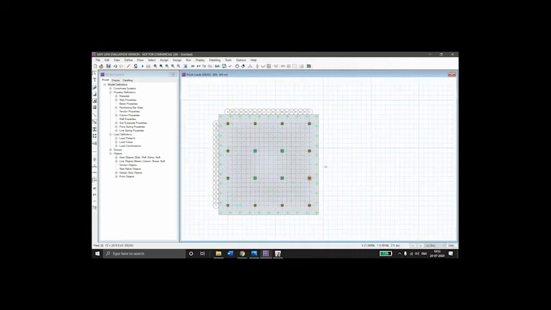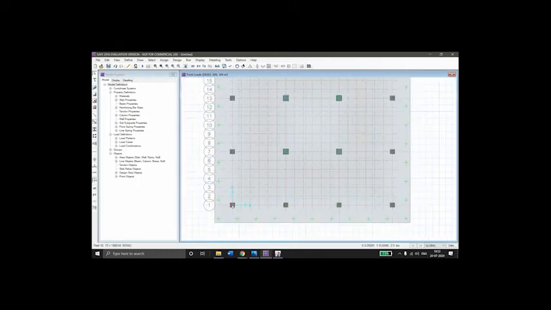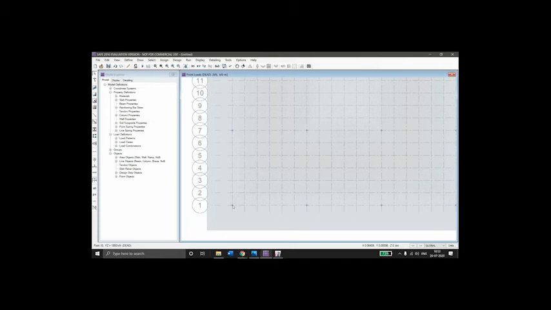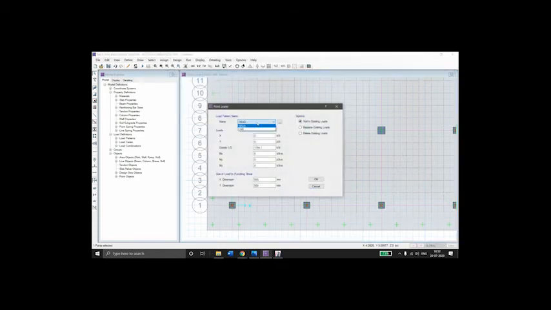So dead load to all 500 by 500 columns has been assigned. Now we are going to assign the live load on that same columns. So follow the sequence as shown previously. Here change the load pattern to live.